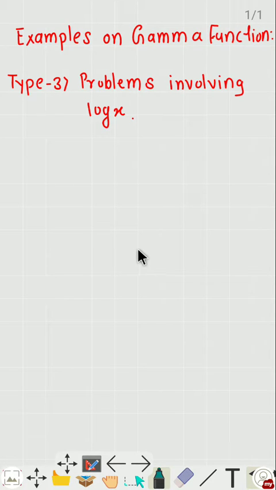This is SYBSC class semester 4, paper number 1, calculus 4, unit number 3, gamma and beta functions. And today we are going to solve some examples on gamma function, type 3 problems involving log x. Let us write example number 1. In this example we have to evaluate